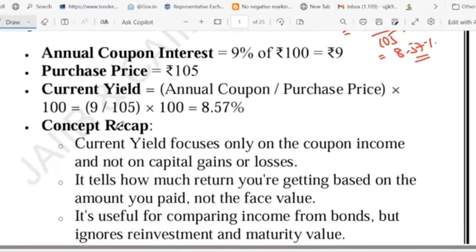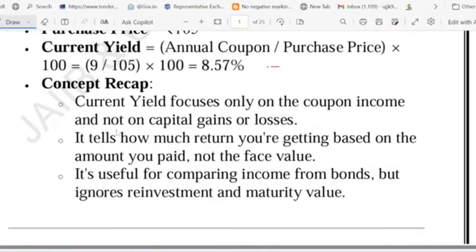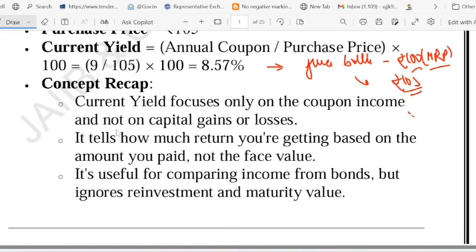So let me give you one example to make this concept clearer so that you can remember the formula for lifetime. Imagine that you buy a juice bottle. Suppose you buy a juice bottle worth rupees 100. This is the MRP, but you pay rupees 105 for it, right? So you still get the same juice. That is the 9 rupees coupon. Here juice is the coupon, right? You still get the 9 rupees coupon